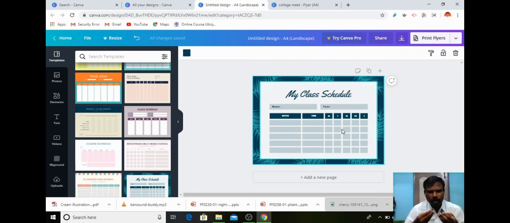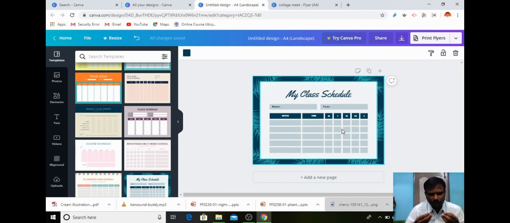So dear teachers, just use Canva for making designs for your flyers or posters or class schedules or rank cards or your report card, your lesson plan, for making text materials. So any kind of learning materials can be designed by using Canva.